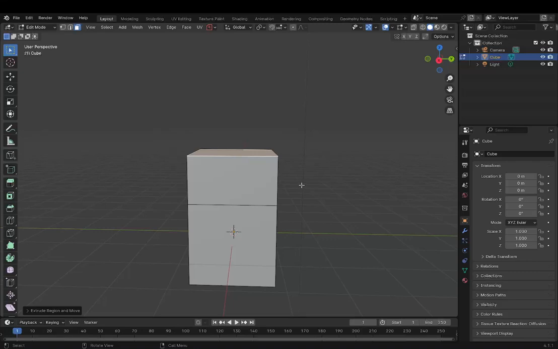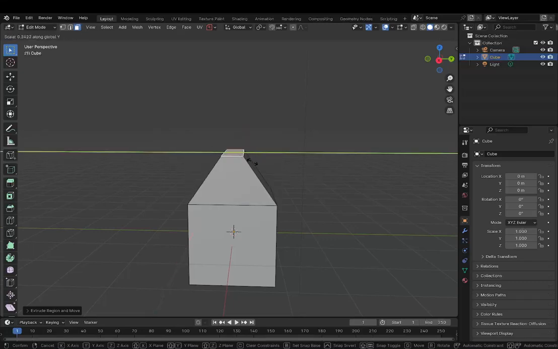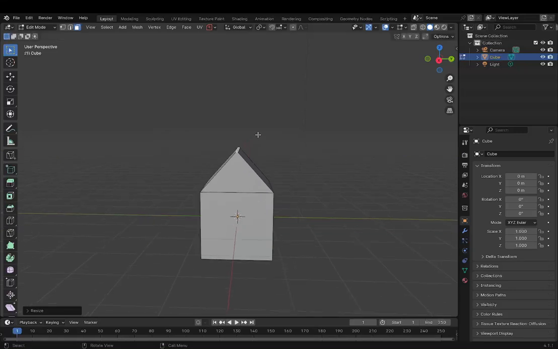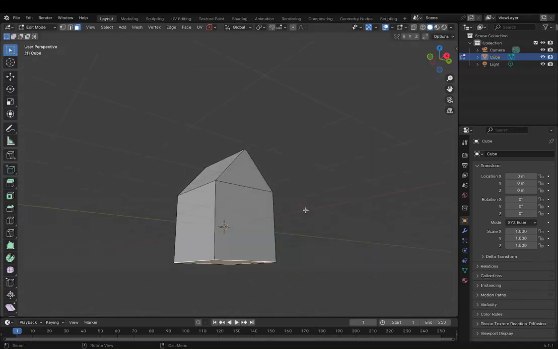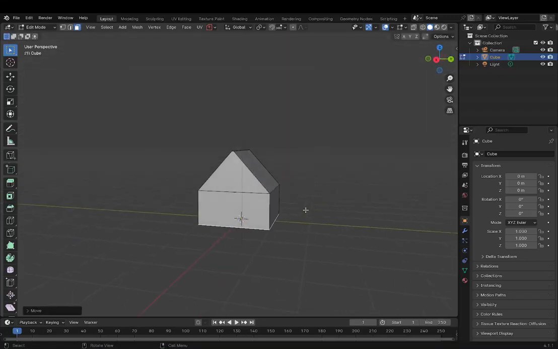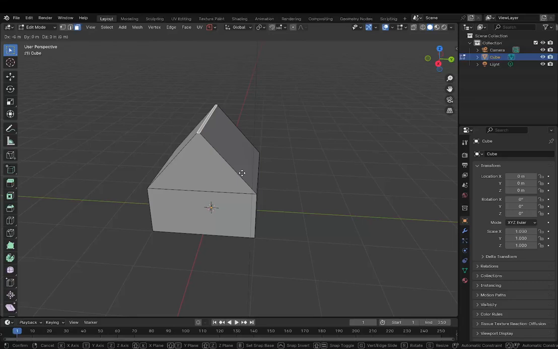When you click, you finish extruding and you can't change the amount you extruded again. And then scale it on the x-axis or y-axis, make it really small, and now we have a sort of house. Maybe we can move that up. Yeah, much better.